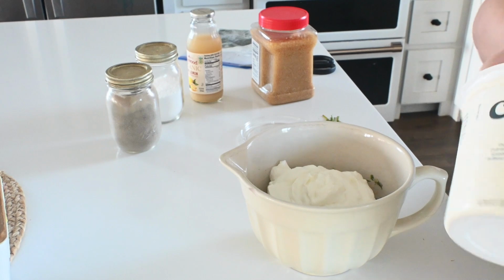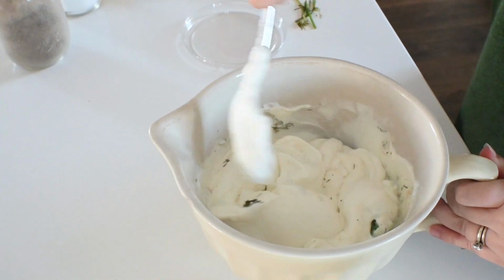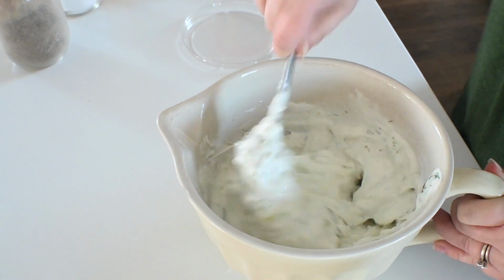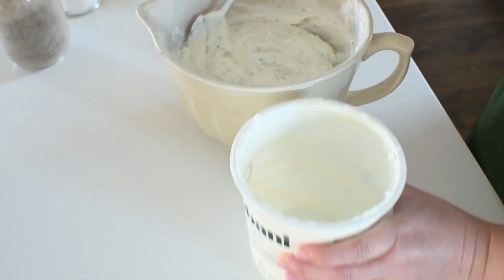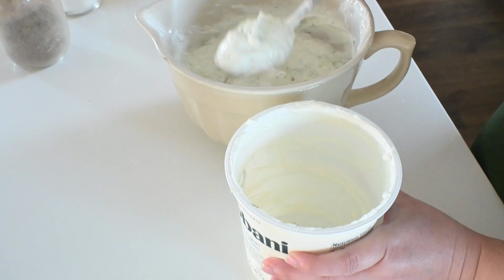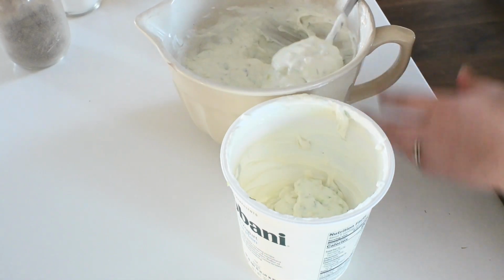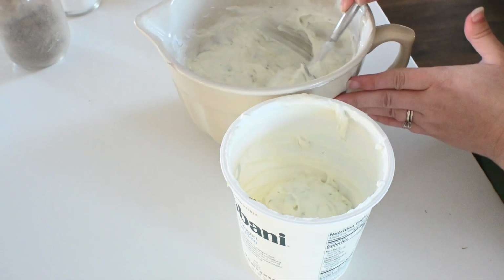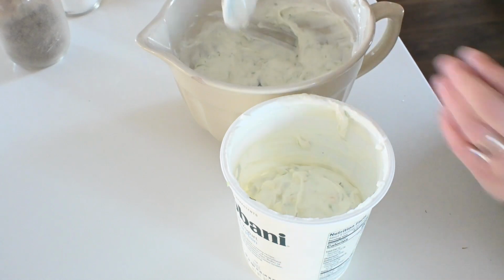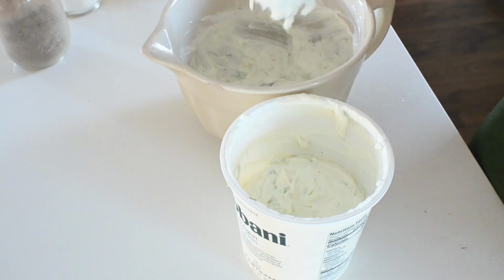I will say I'm making this earlier in the day because it tastes best after it has had a chance for all of those flavors to kind of marry together. So I put it in the refrigerator, just back in this Chobani container because it fits just fine. And we just pull it out for dinner a few hours later, and it's just perfect. It's cool, it's creamy, it's amazing with a grilled flatbread, a nice warm flatbread, or a gyro, which is how